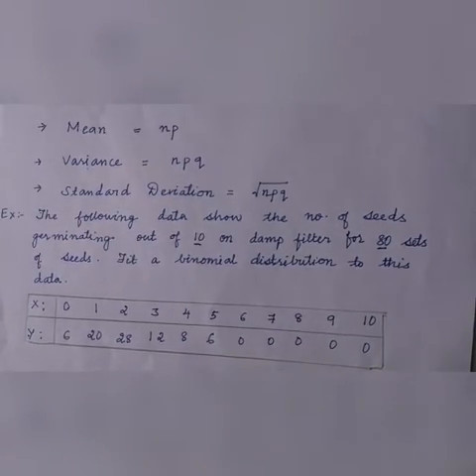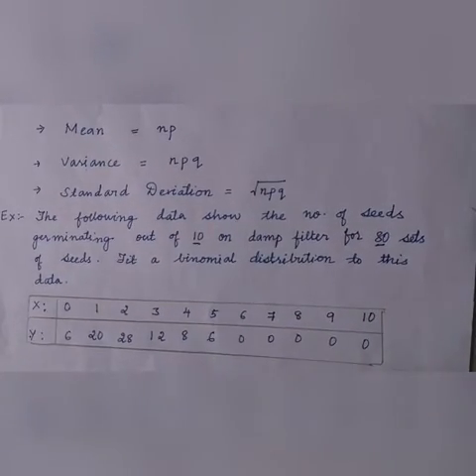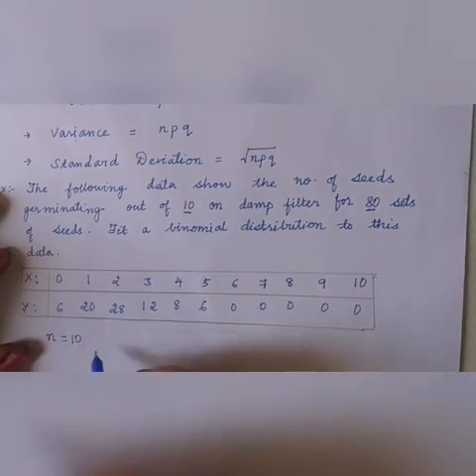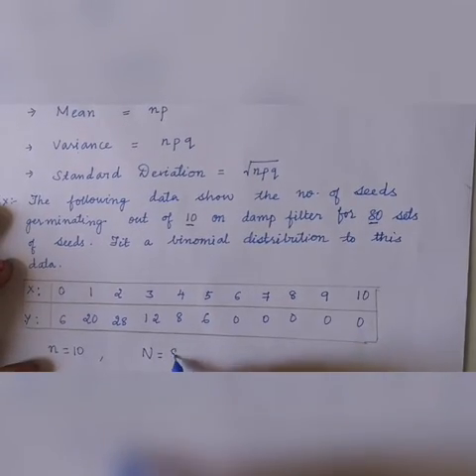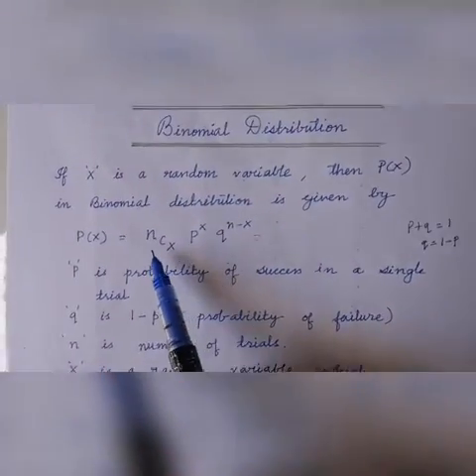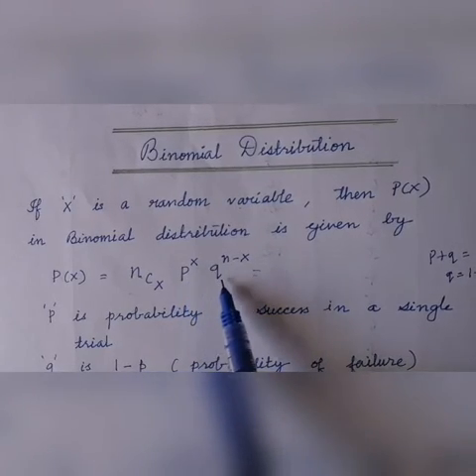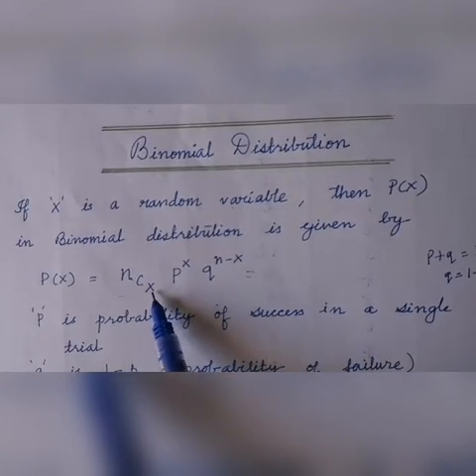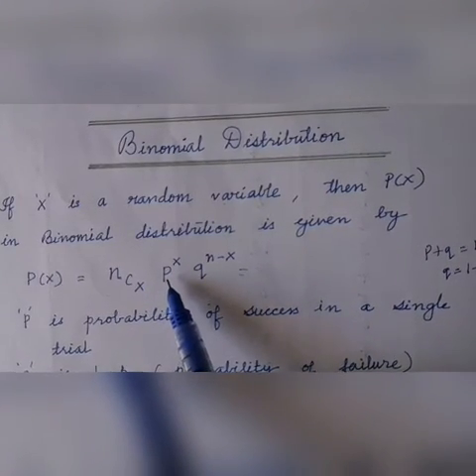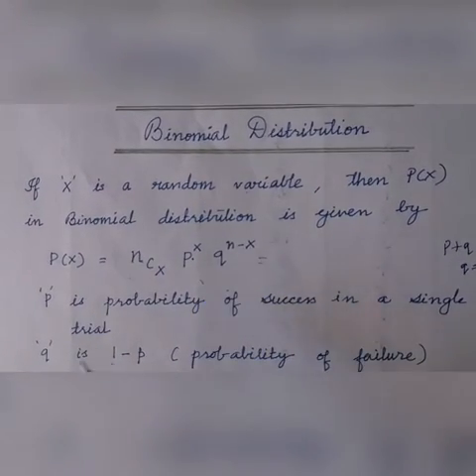Okay, now first let us see how to start. If this data is given, let us see how to start. We only have n equal to 10 and capital N equal to 80. But according to the formula, we have nCx, we know this value. We do not know what p is, the probability of success, nor do we know what q is. We have x values, x from 0 to 10. So let us see how to calculate p, how to calculate q, and how to fit a distribution for the given data.